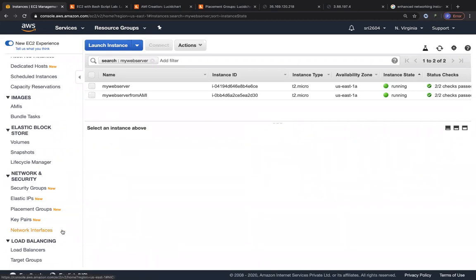And then we studied network interfaces, how they allocate a public IP and private IP, how they have a MAC address, how they have a security group associated with them, and how we associate an Elastic IP with your EC2 instance or with the network interface. And then finally, how you attach the network interface to a running EC2 instance, and that your EC2 instance can have multiple network interfaces associated with it, but they should all be from the same availability zone. And then finally, we also saw that we can monitor the traffic that goes through our network interfaces through a concept called flow logs, where we'll be storing all of our logs in an S3 bucket or in a CloudWatch log group, which we'll study later.